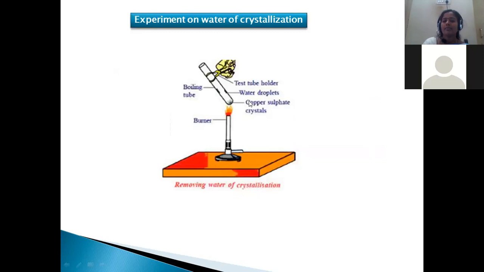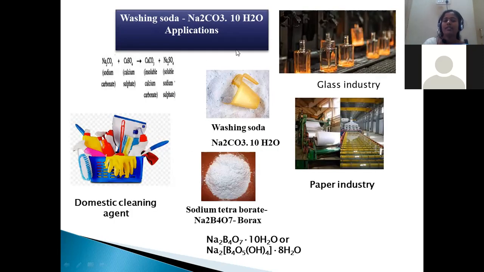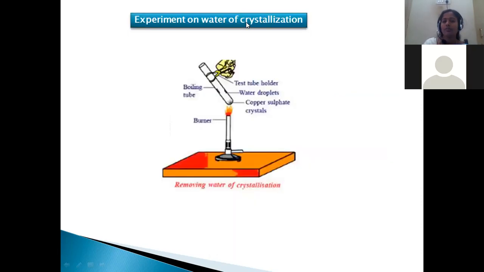Now let us see why this molecule has water within it and how we can check whether these molecules are associated with water. For that purpose, we are doing one experiment. This activity is used to find out the water of crystallization. While crystallizing, some compounds are able to accept water because they are hygroscopic in nature. Hygroscopic nature means the compound is able to absorb water, right?